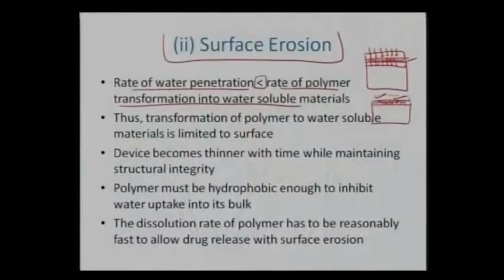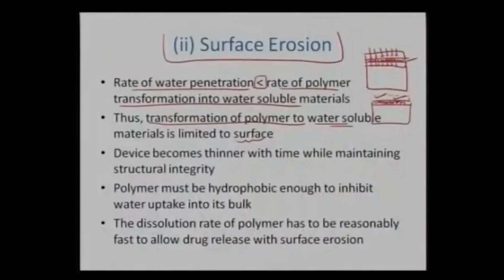We can see a very sharp interface between the polymer which had been degraded and the polymer which is now being exposed to the hydrolytic environment. So, what is happening? The transformation of the polymer to the water soluble material is now limited only to the surface, because the water penetration is so slow that it cannot go to the bulk and it limits itself only to the surface. So, that is the advantage of this particular process,